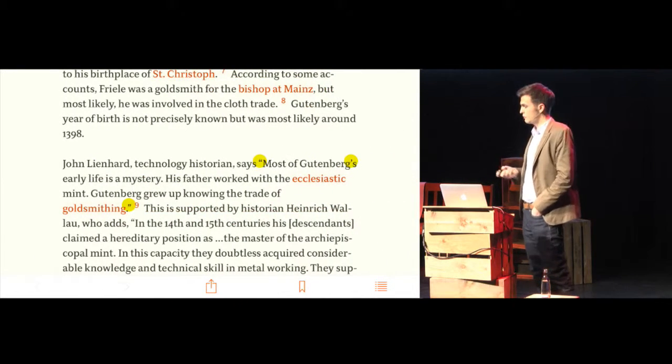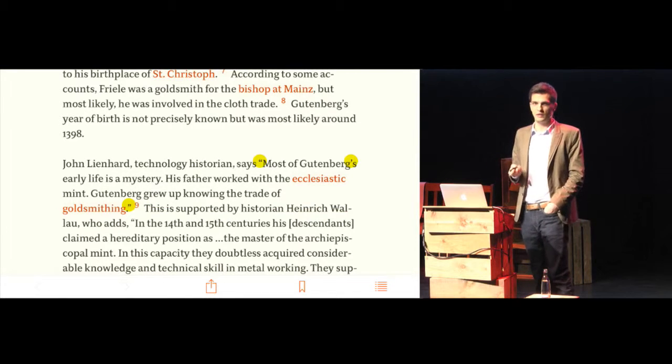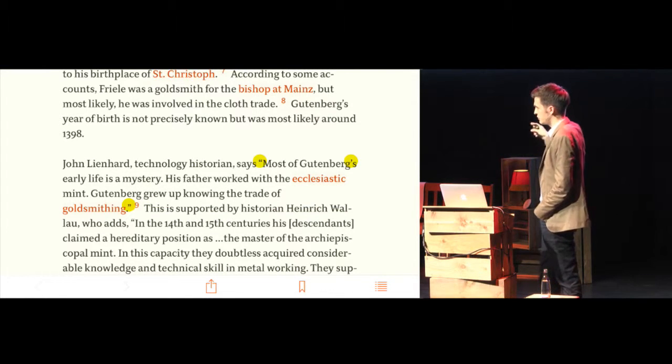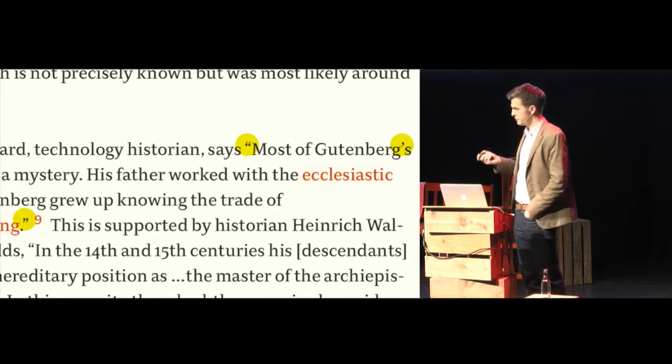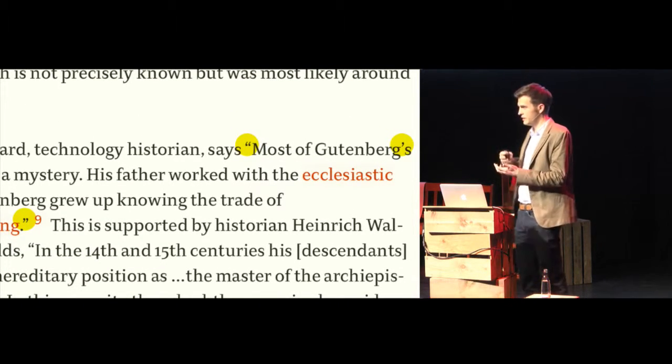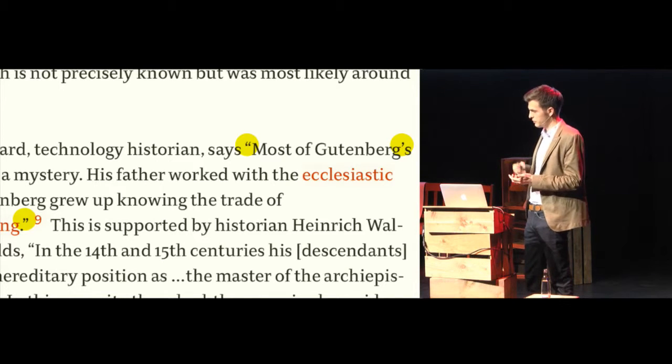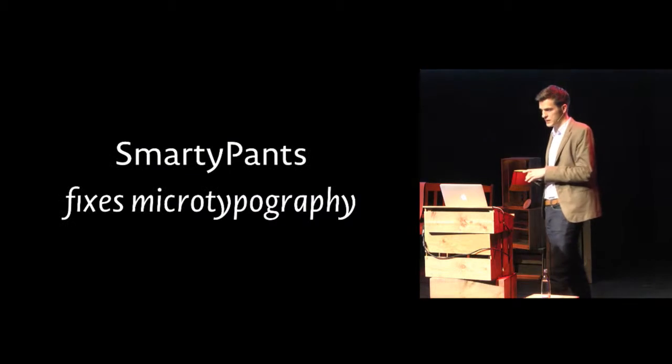Now in my Wiki app, it looks correct. So how did I do this? Did I go into each single article and change them manually? Of course not. It's fixed on the fly when you load the article in Wiki. It runs a piece of software on it and then fixes all the typographic problems.